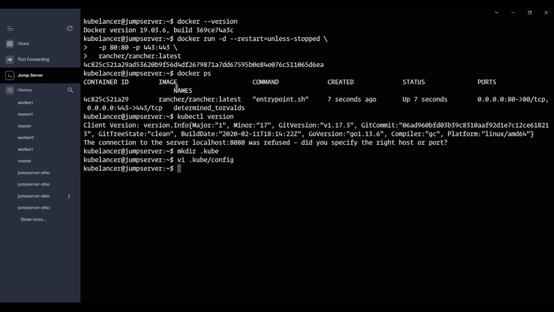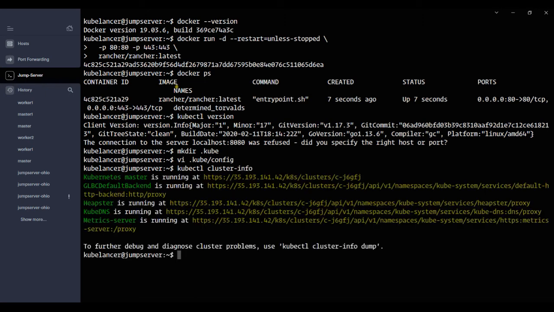Now let me try to communicate with our Kubernetes cluster. I'm again passing the same command, kubectl cluster-info. Great, so we are able to communicate with the GKE cluster from kubectl using the command line.